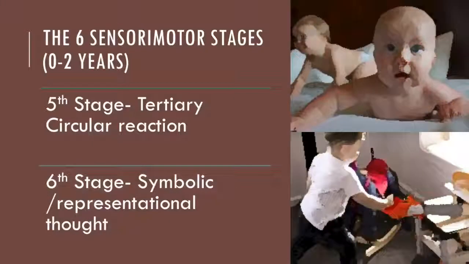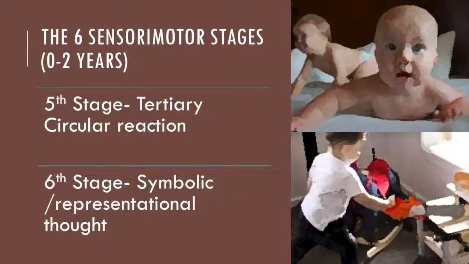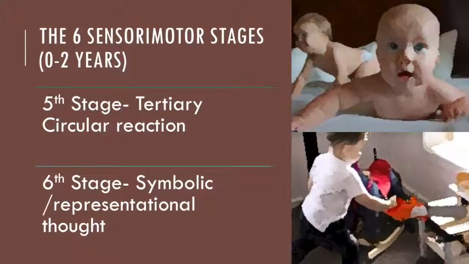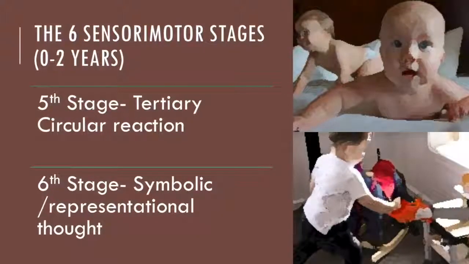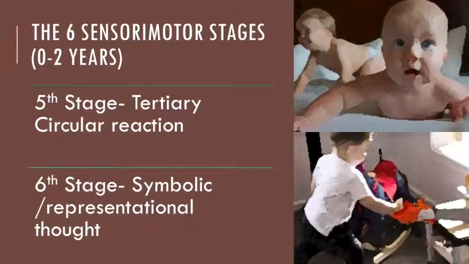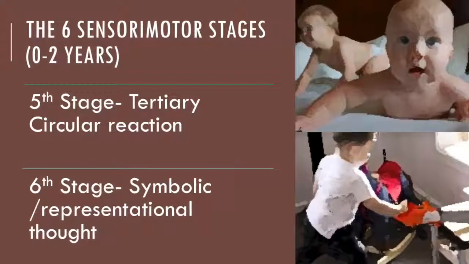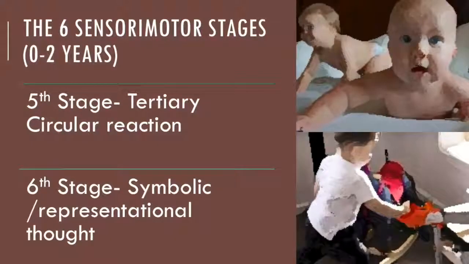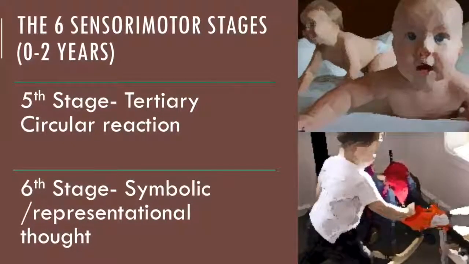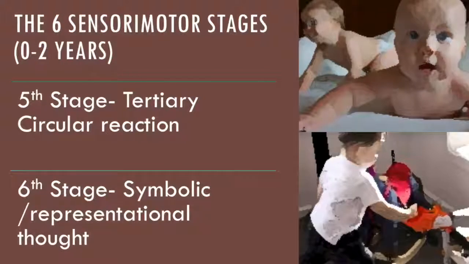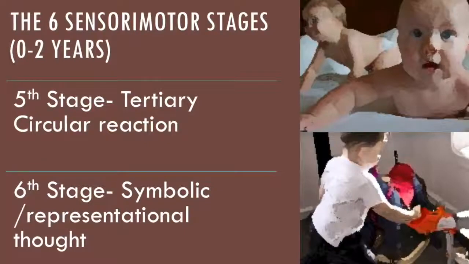The tertiary circular reaction occupies the period between 12 to 18 months and is the deliberate use of trial and error to understand cause and effect. The infant actively experiments to discover the outcome of actions, such as, for example, hitting, chewing, and squeezing a toy. Finally, there is the symbolic representational thought, which occurs from 18 to 24 months, and is the mental manipulation of cause and effect relationships. It is the birth of abstract thinking.